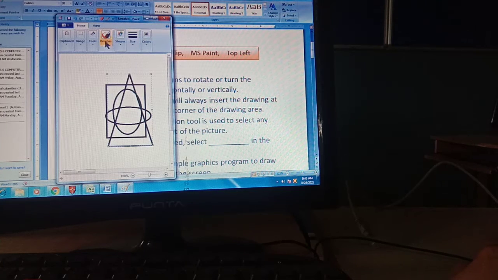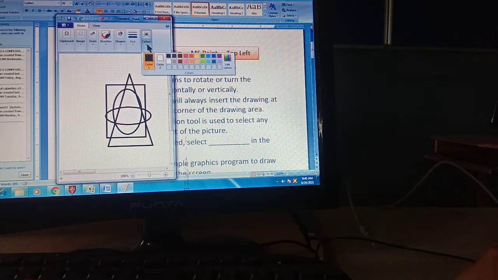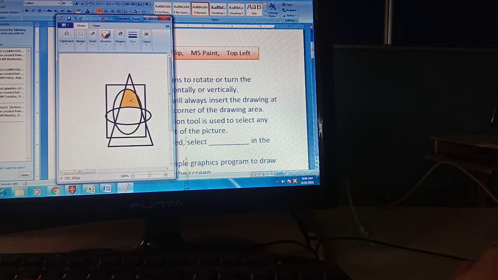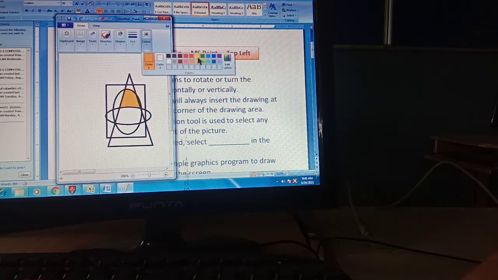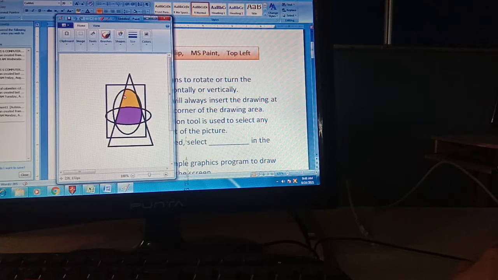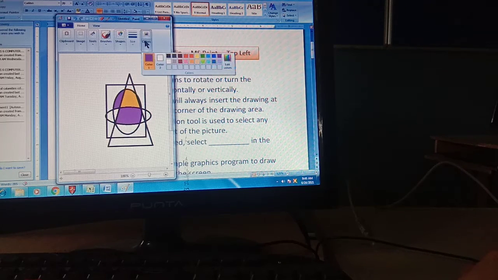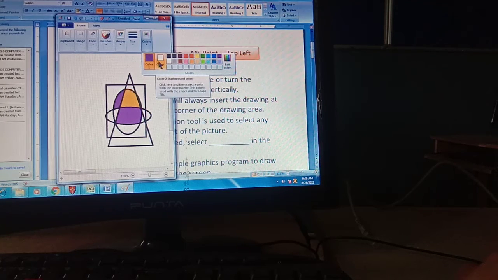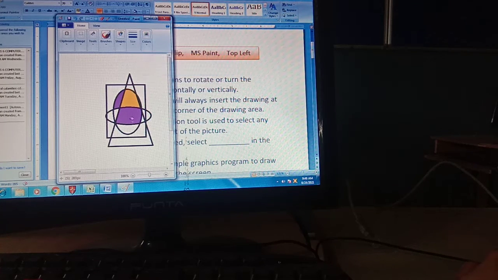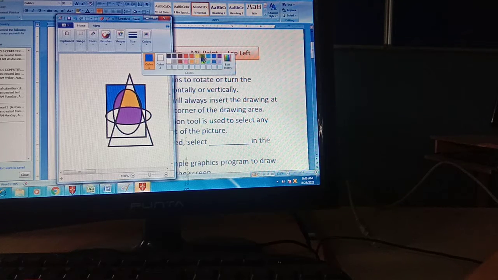I am taking a color like yellow here, this color and this color here, and green color here, and yellow color should be here.